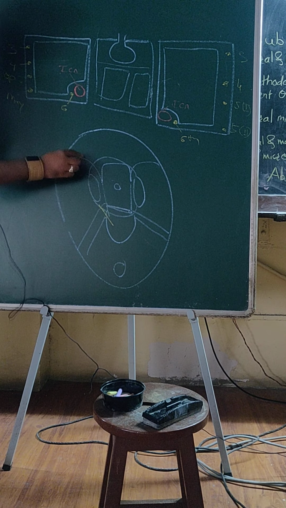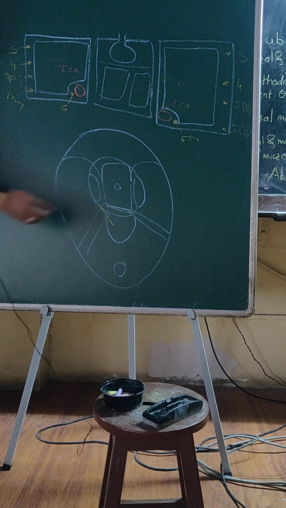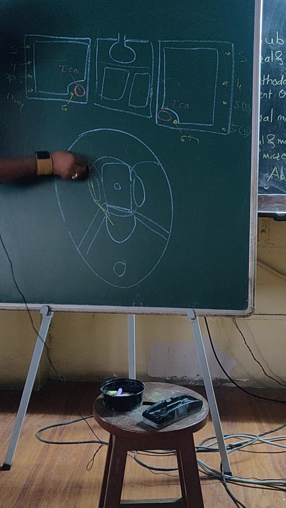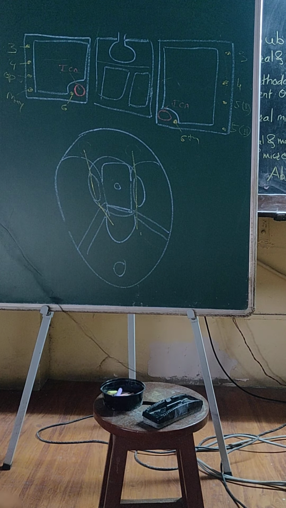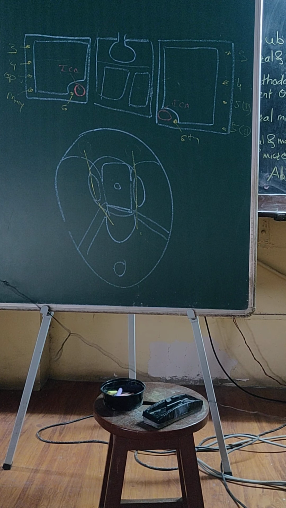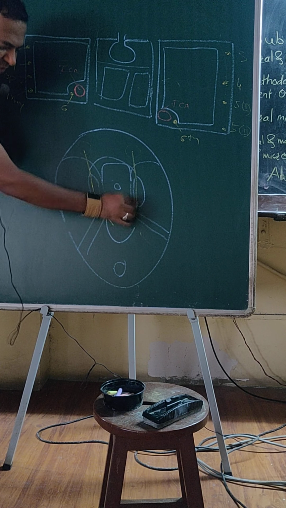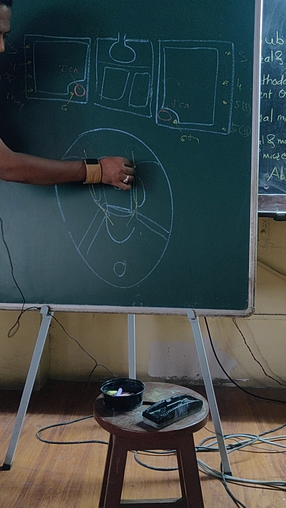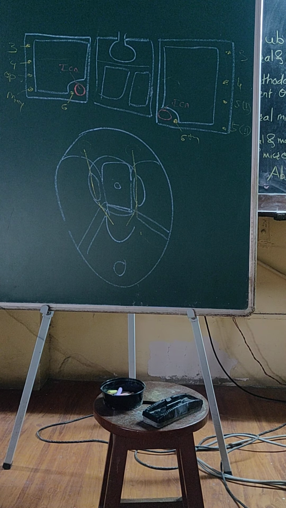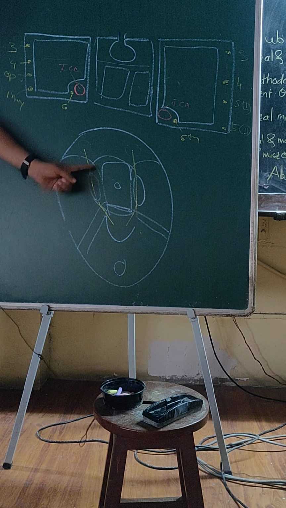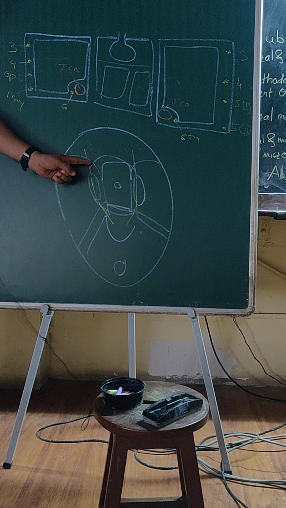And these nerves, 3, 4, 6, have to go to the orbit. The orbit is somewhere here down. So therefore, these nerves pass through the cavernous sinus, then pass through the superior orbital fissure. You have heard of the superior orbital fissure in the norma frontalis. So they pass like this, 3, 4, 6. They come from the brainstem, pass through the cavernous sinus, then the superior orbital fissure, and then they enter the orbit. Why do they have to pass through the cavernous sinus? Because they have to go to the superior orbital fissure, which is the anterior relation of the cavernous sinus.